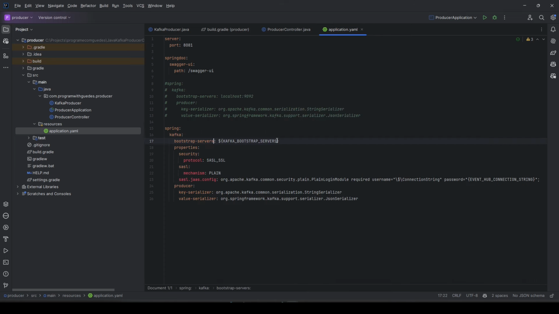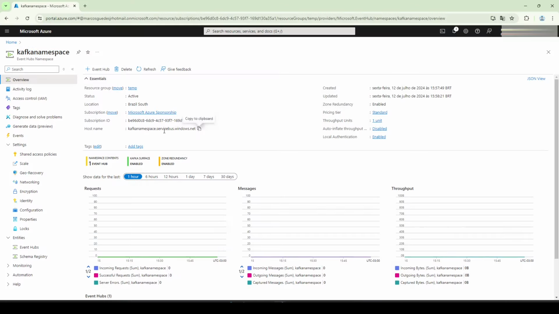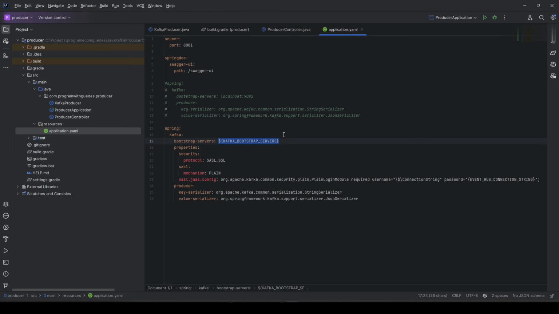And here, bootstrap server, change it to the host name of Azure Event Hub for Kafka. Copy host name and paste here. And it's necessary to add the 9093 port.